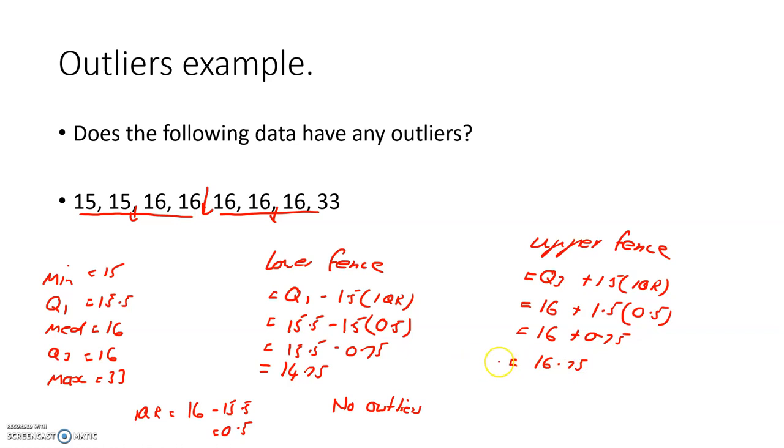So anything above 16.75 has to be an outlier. 33 is above 16.75. So in this case, 33, when I find where the pen's gone, down here, 33